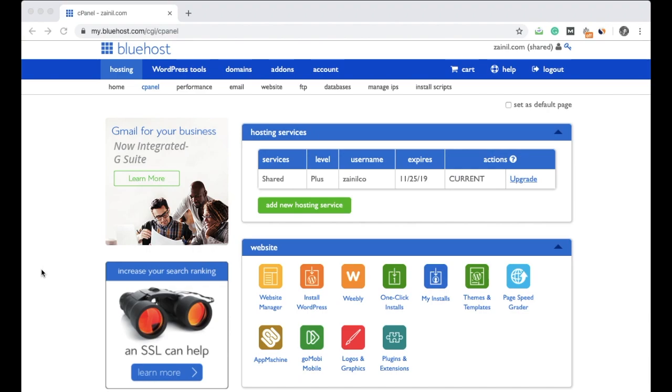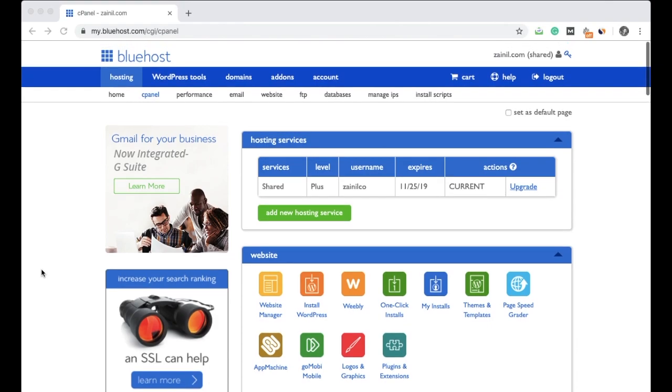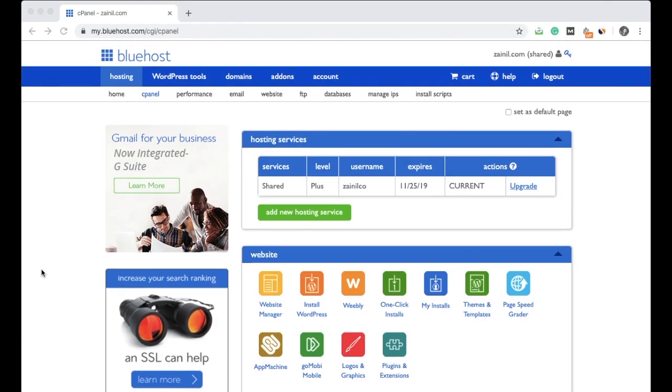So I tried to find the solution on Google, and finally I found a solution. But the option that Bluehost gives you to see the hidden files is not working actually. So let me show you the solution. First of all, let's see the whole problem and then I'll share the solution. So first of all, go to